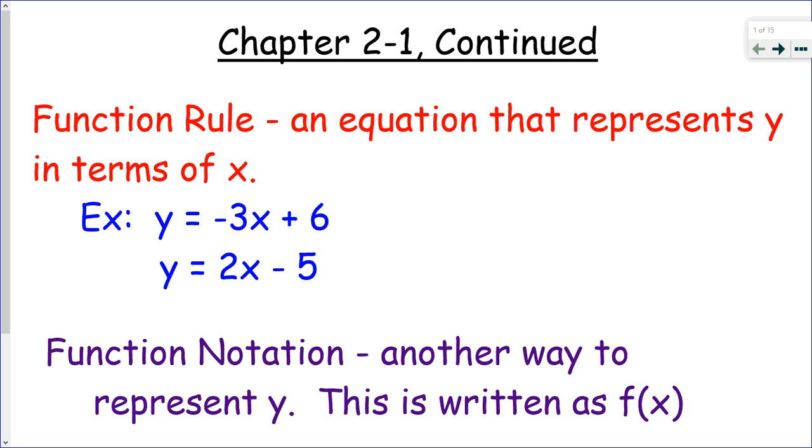Okay, a little bit harder than yesterday's. We're still talking about functions, but we're talking about evaluation, which is getting an ordered pair, and we're also talking about domain and range, okay? So the very first thing that we're going to have